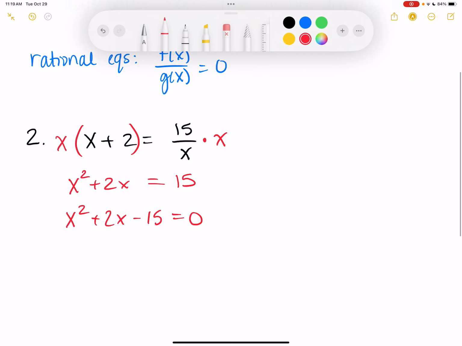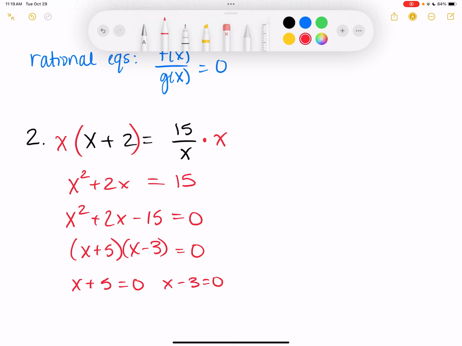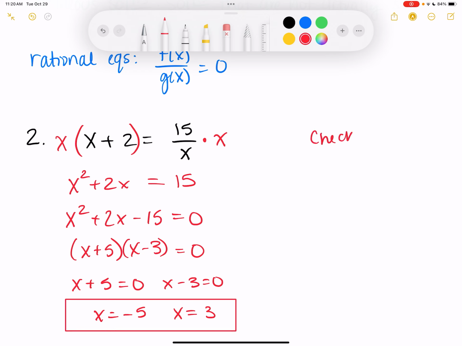And then what would this factor into? x plus 5, x minus 3. Set each piece equal to 0 and solve. So x plus 5 equals 0, x minus 3 equals 0. So x equals negative 5 or x equals 3. So these are my 2 answers, but I need to check them and verify that they make a true statement